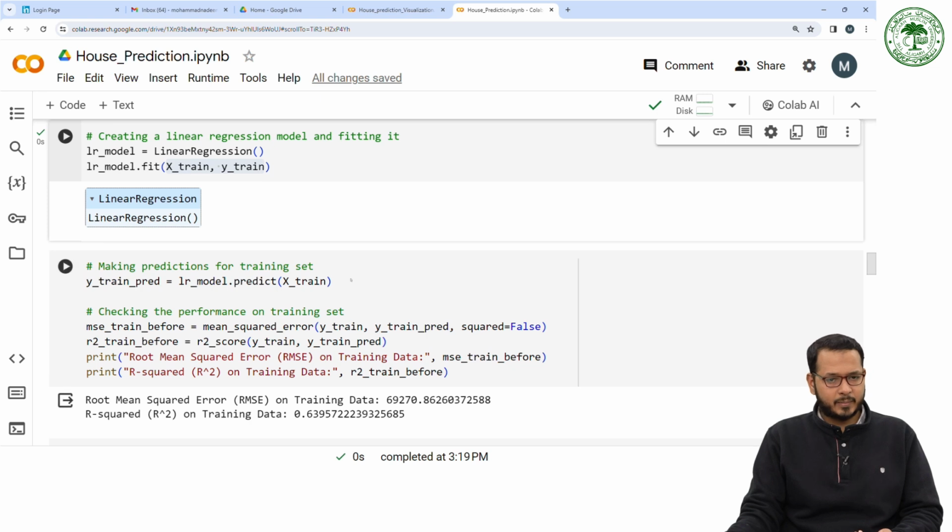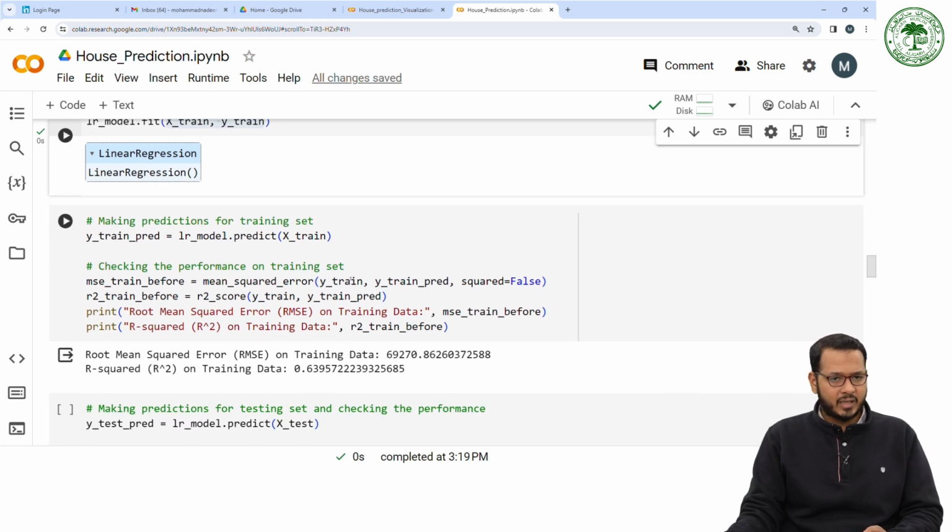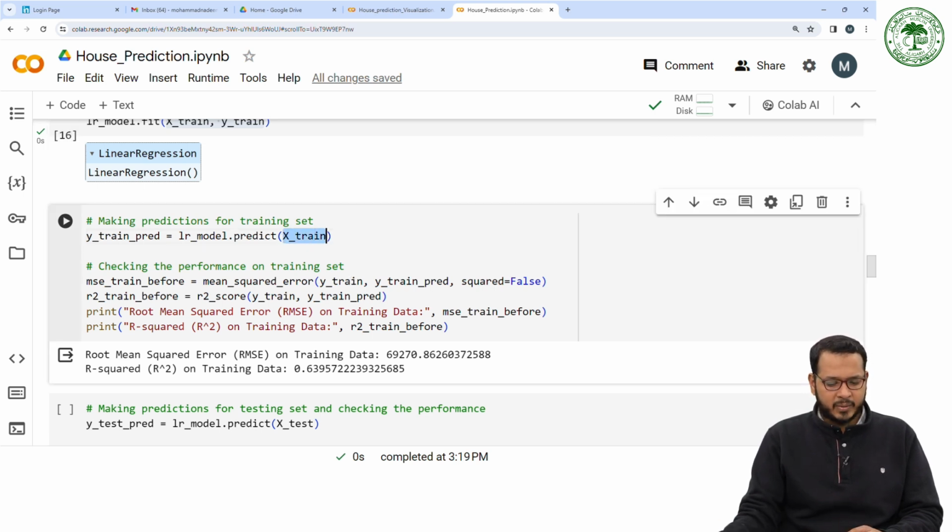The next step then is to first check the accuracy of this linear regression model even on training data. So we will first apply the set of independent variables. We will get the predictions for training data, and then we will compare that with the actual values. For that, we are using the mean squared error. Actually, we are calculating the root mean squared error. So if we set the squared parameter as false, it gives us the root mean squared error, and it is